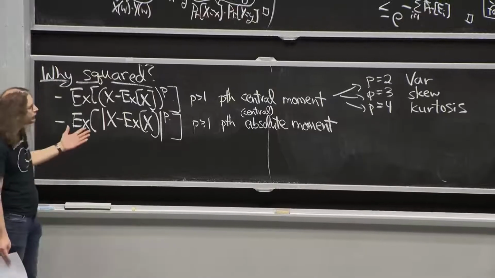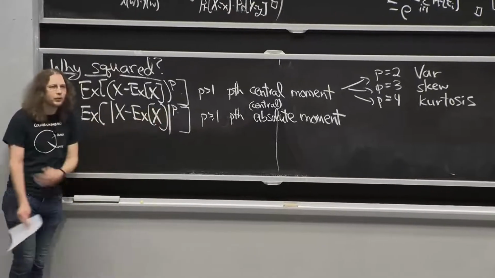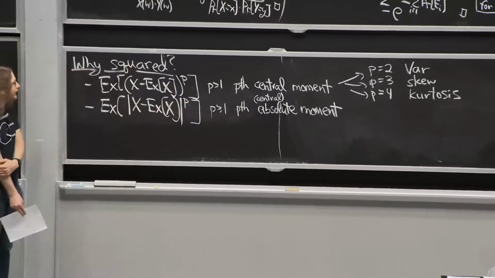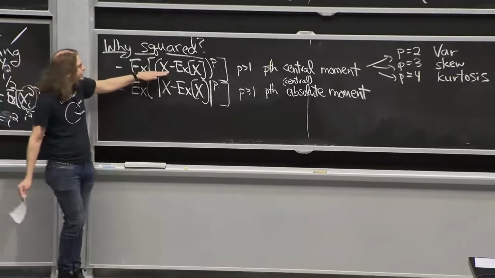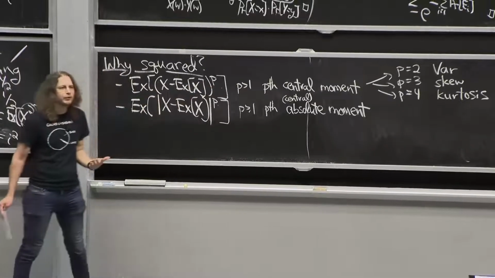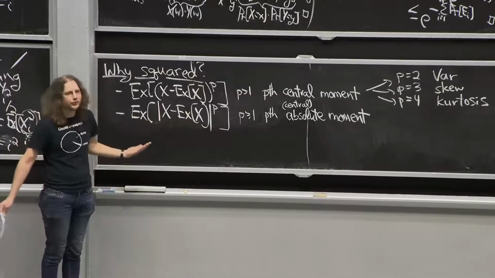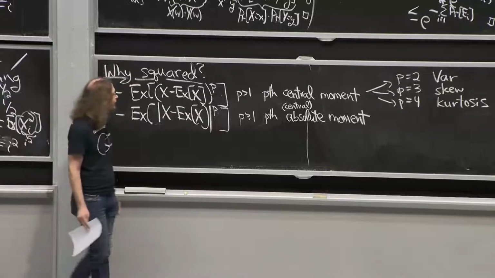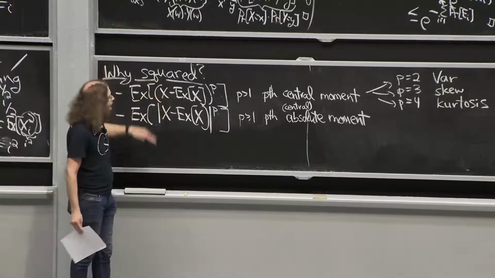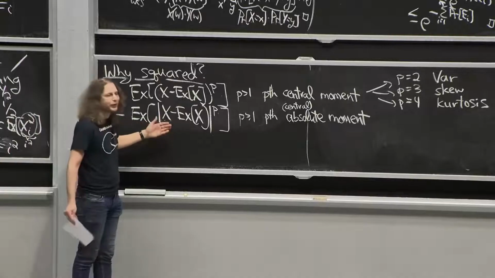So there's no particular reason 2 is special. And in fact, if you use absolute values, you can even go down to 1, and you get a reasonably interesting thing. But often we really like the version without absolute value because it's smooth, because it's infinitely differentiable, whereas absolute value is not differentiable. So it's just uglier to work with analytically. So historically, this is why we go here. I think this is also a very interesting measure, and you could use it, just we're not going to use it in this class.